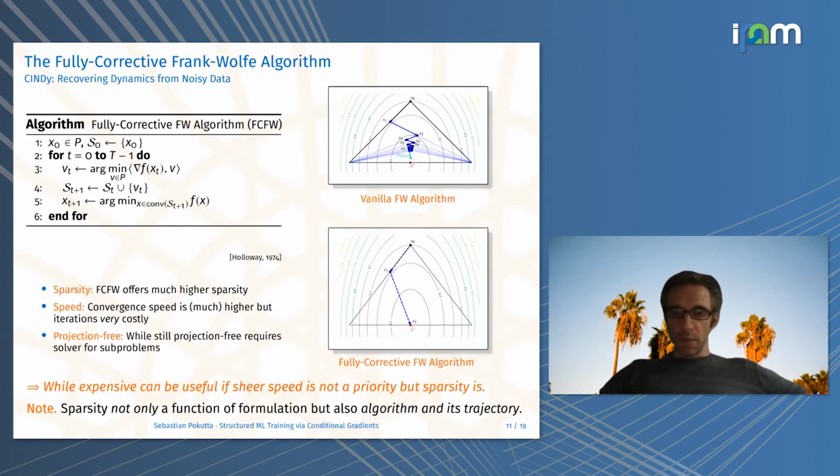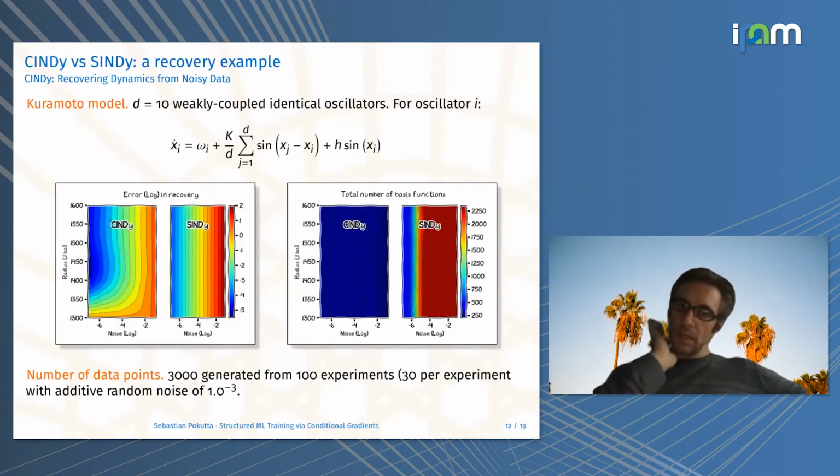All right, so that's basically the way we looked at the problem. And here's an example of what happened. We looked at the so-called Kuramoto model, which is one of these benchmarking instances for recovering dynamics. You have 10 weakly coupled oscillators. What you see here is the governing equation. And then what you see on the left is the error in log scale in recovery between the two algorithms. You have SINDy on the right, that's the original one, and then SINDy with C, that's the conditional gradient based one. And as soon as you have picked a radius that is large enough for your regularization, you get a much, much better